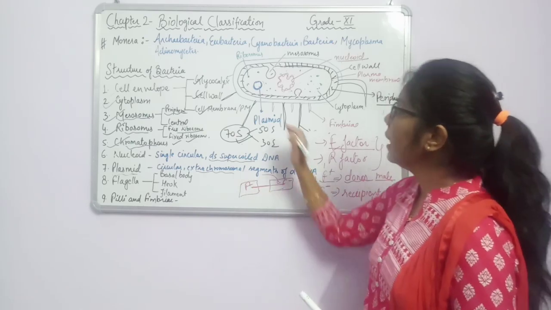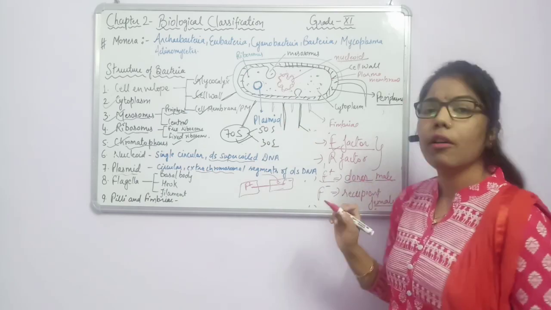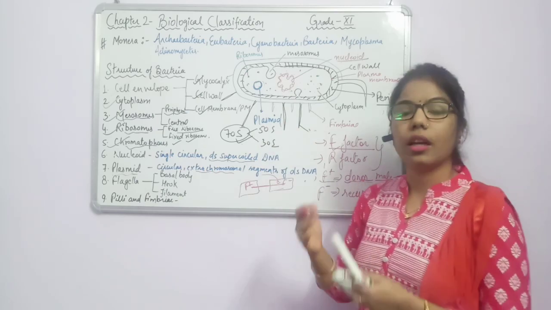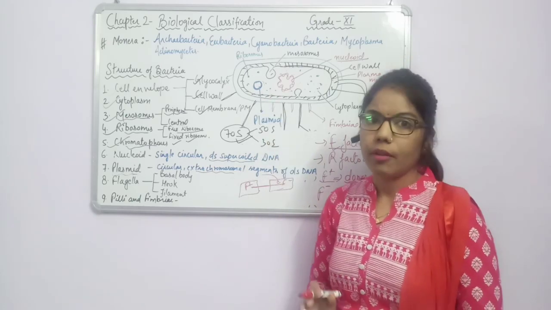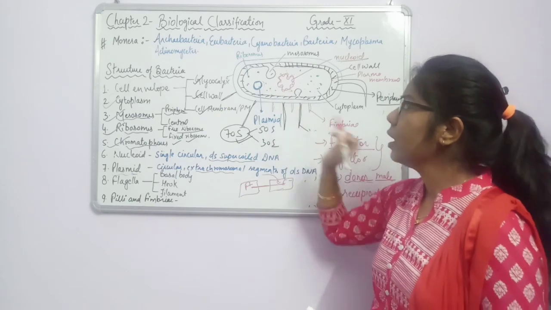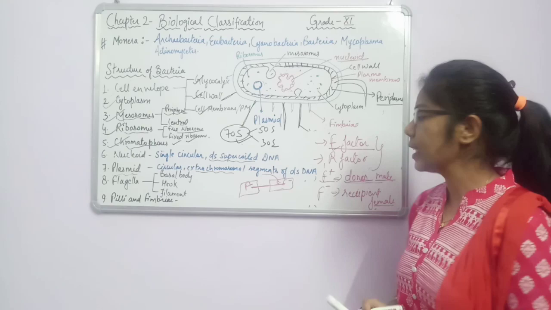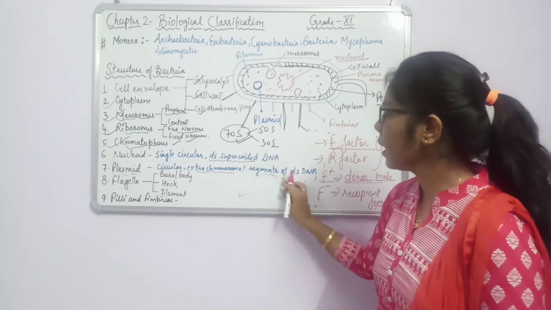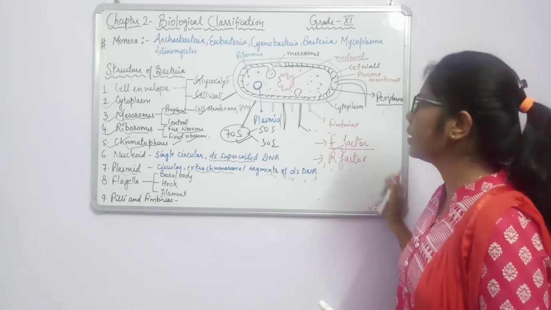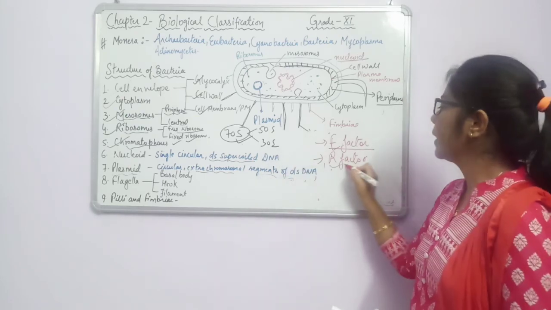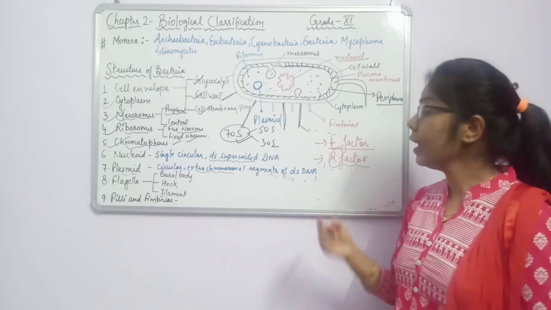So it means that this plasmid contains what? The fertility factor, which is helpful in the transfer of genetic material from one bacterium to another. Those bacteria which have the plasmid are known as F positive, or donor ones. These are the important things. What is the second role of this plasmid? As I said, it contains the R factor. What is the meaning of R factor? It means the resistant one.